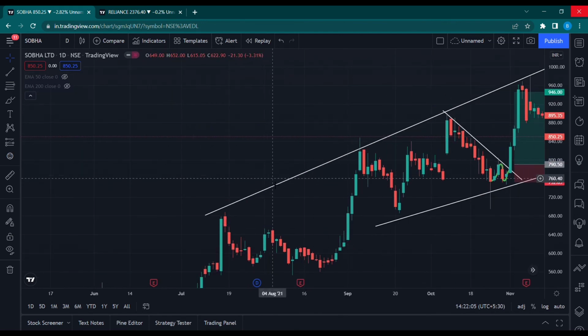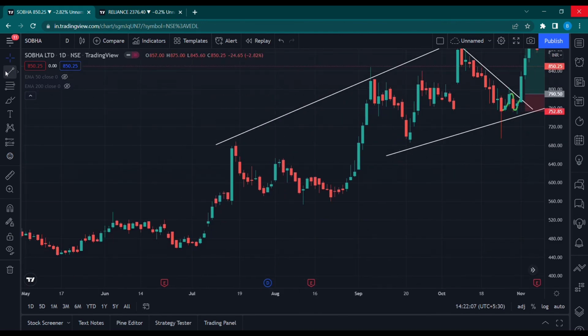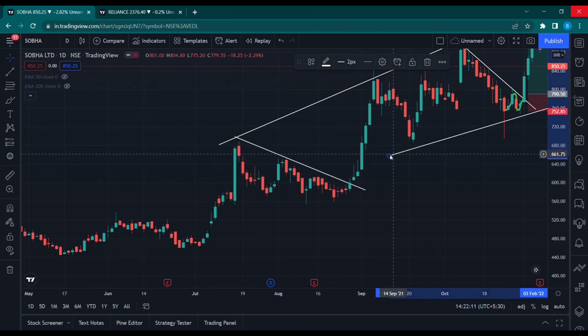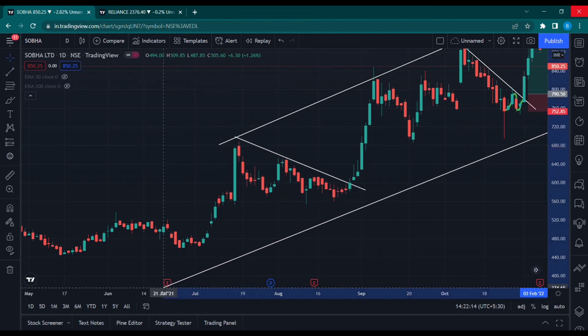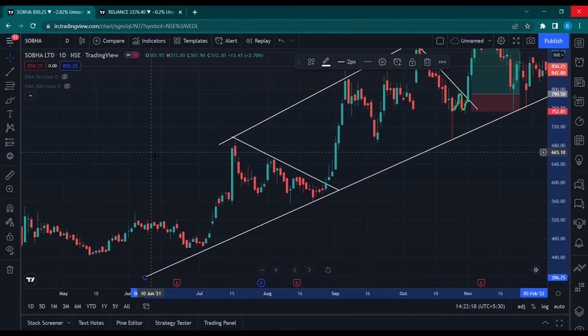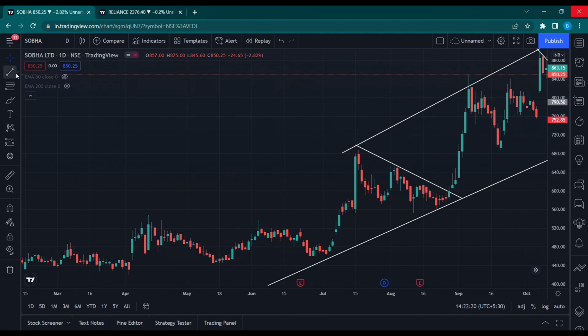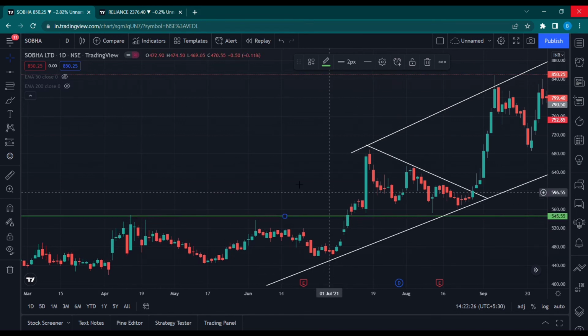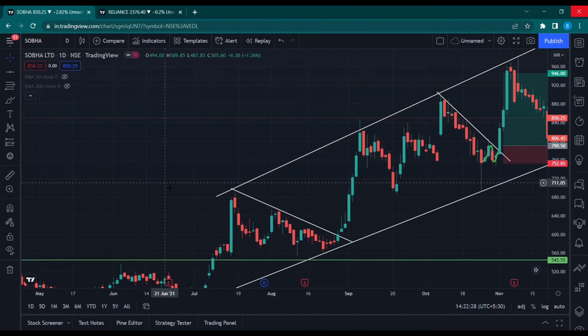We got a move here as well. Just see again a counter trend line. If I mark this till here, we get the trend as well. This was a prior resistance zone, it got broken, and now it turned into a support. So just keep that in mind.